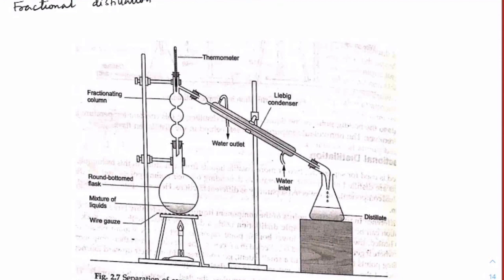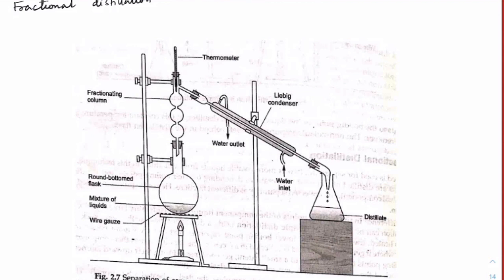As the vapors condense, you can check it out, there would be some vapors which will be coming first. The vapors which come first, the ones coming here, are the ones which have lower boiling point. Okay, got it? And they will reach through that and start condensing here, and we'll get this as the distillate, and this distillate will be the one which has lower boiling point.